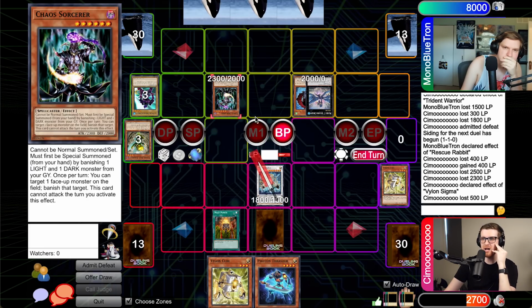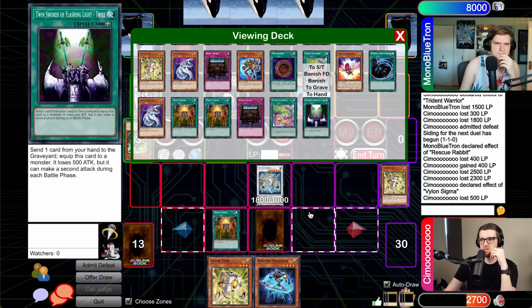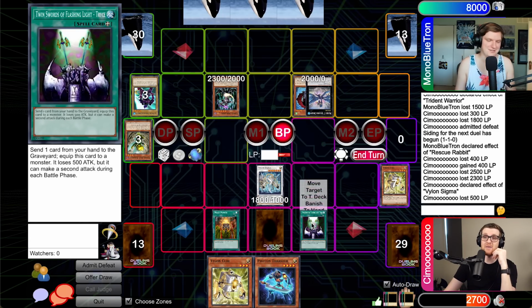Now we go to combat. So this is going to be 28. Declare Sigma. We're going to get the swords. So this actually pumps Sigma up to 33. No, it doesn't lose the 500. Why not? Because it wasn't...